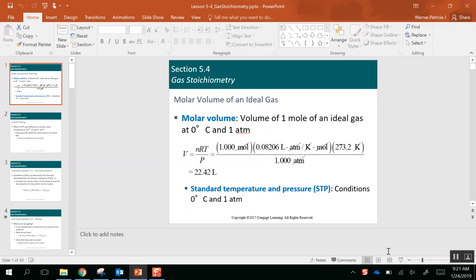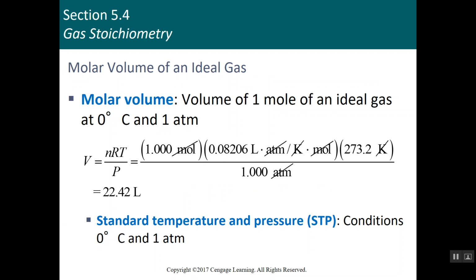Welcome to lesson 5.4. Today we're going to talk about stoichiometry of gases. So just like we use stoichiometry with solutions, we can also use stoichiometry with gases. One fact that you should know about gases, and you could calculate this using the ideal gas law, is that at